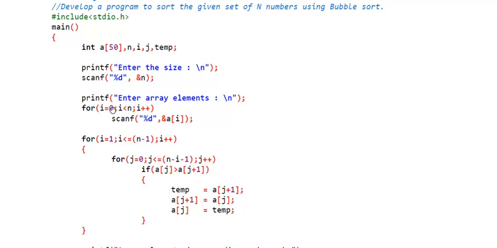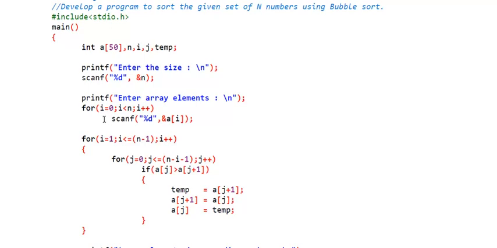For doing that, we are going to use the for loop. So for i is equal to 0, i less than n, and i plus plus. Here i is initialized to 0. This for loop has only one statement, that is scanf. How many times will it iterate? It will iterate from 0 to n minus 1. When the value of i becomes n, the condition is false and it will come out. For example, the user has given 5: i is equal to 0, i less than 5, i plus plus. So how many loops will it have?